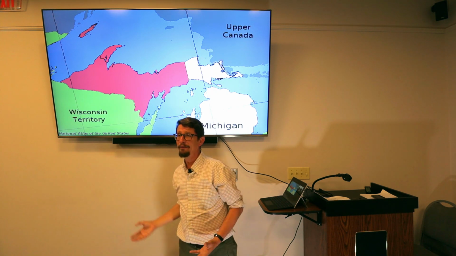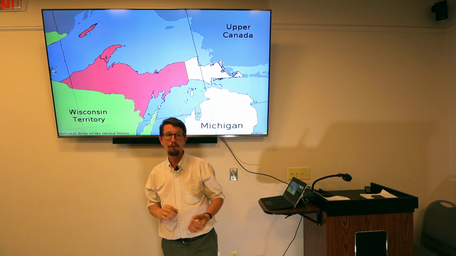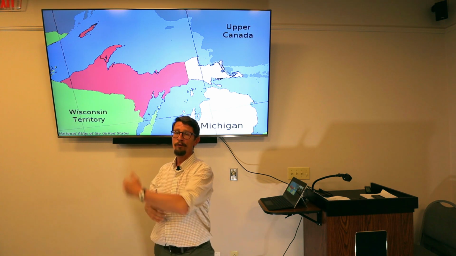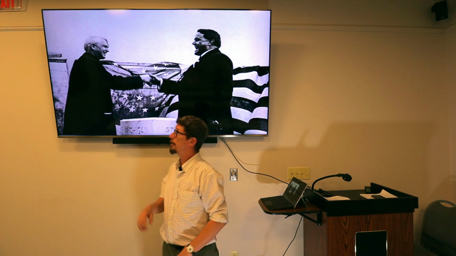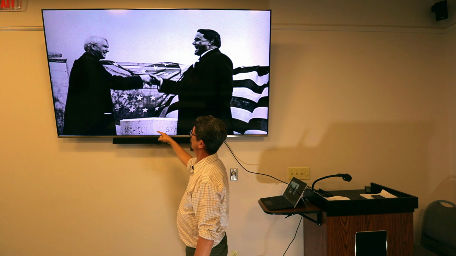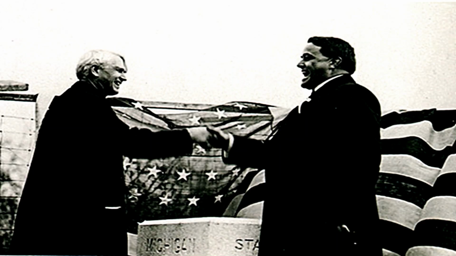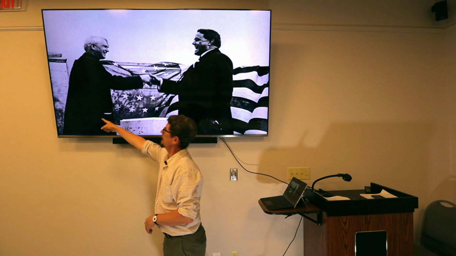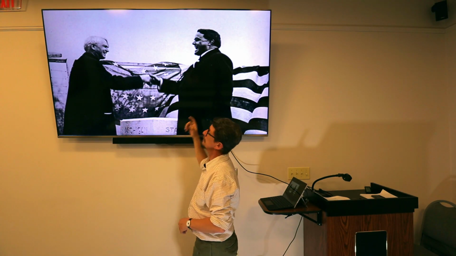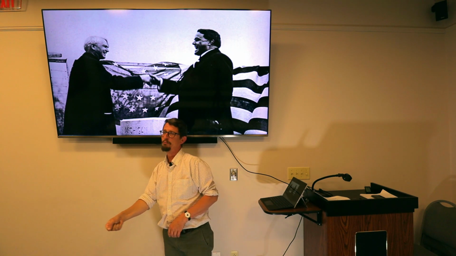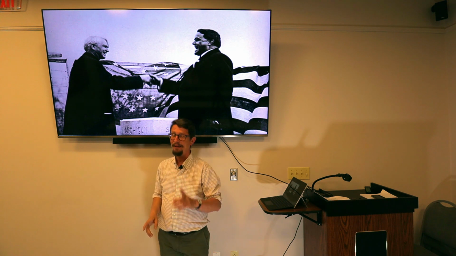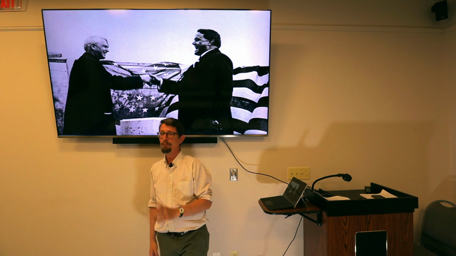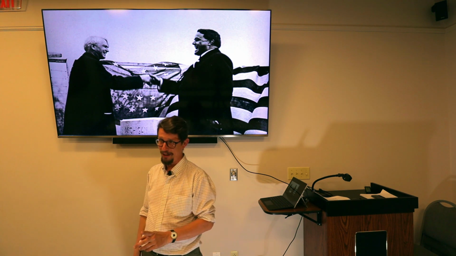So did this settle the war? No, there were little skirmishes and little legal battles until 1915 when they finally did the final survey and they set up a series of markers to delineate. There were 12 of them. They're about this tall and this round. I think they were like 18 inches tall. And the governors of Michigan and Ohio ceremonially shook hands across the border, and that laid it to rest. Or did it? Actually, it was laid to rest in a Supreme Court decision in 1973.